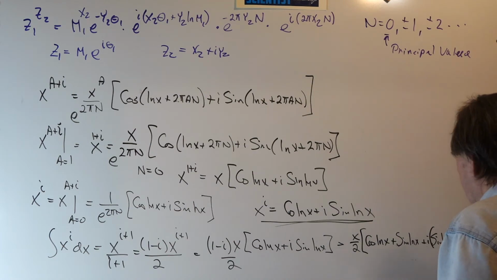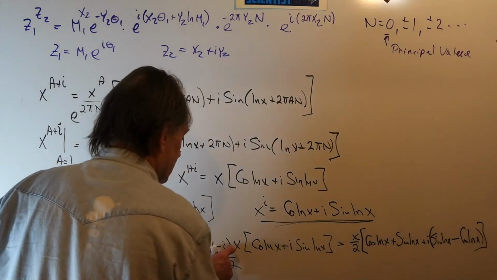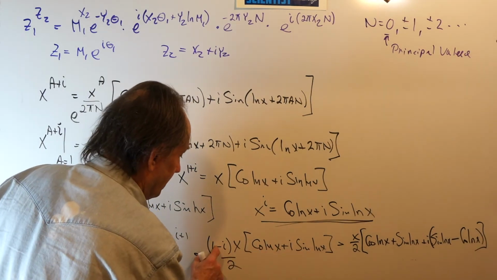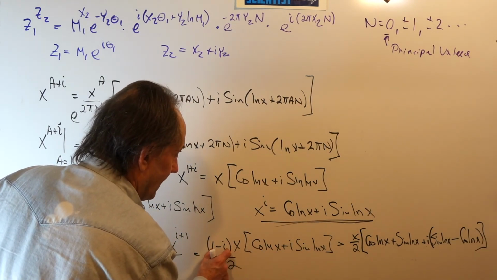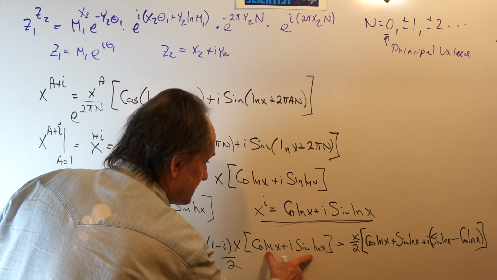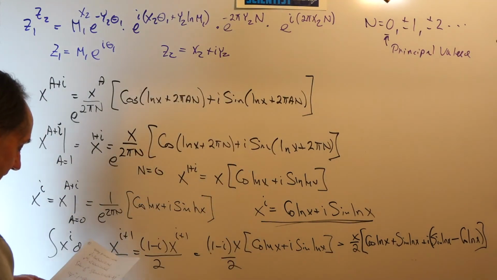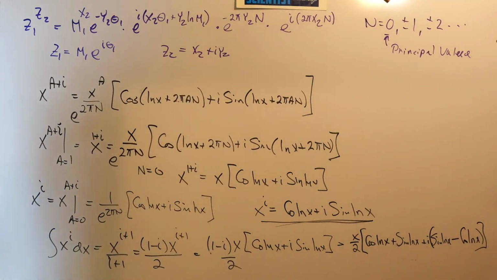I'll let you expand that out. We multiply 1 minus I times this complex number, and that's what we'll end up with. Now, we can equate